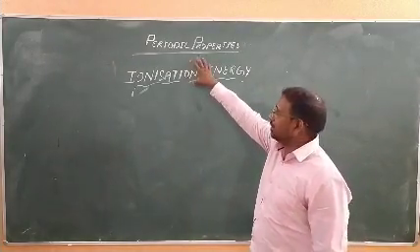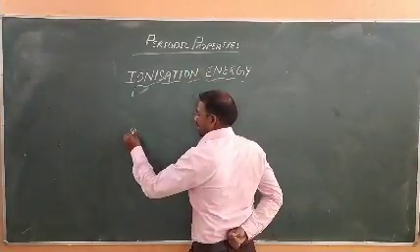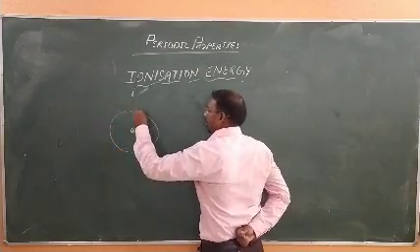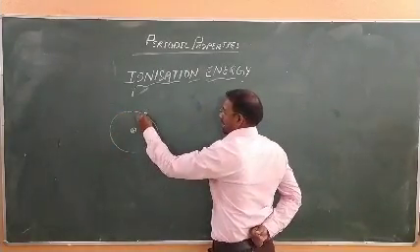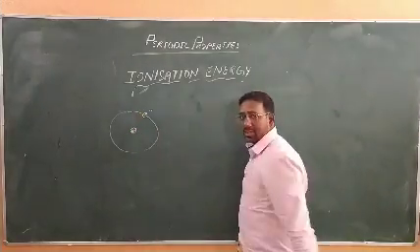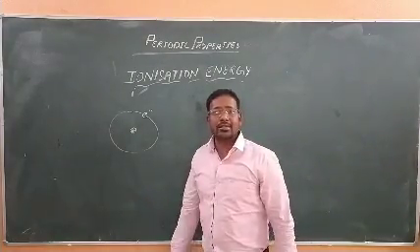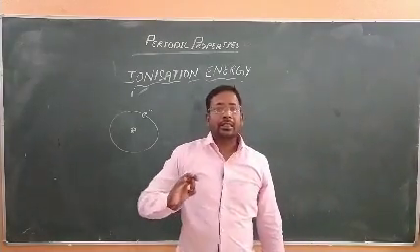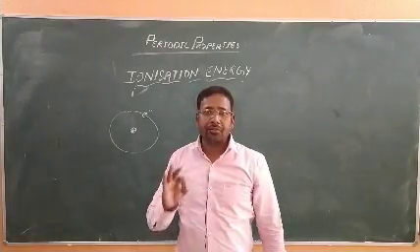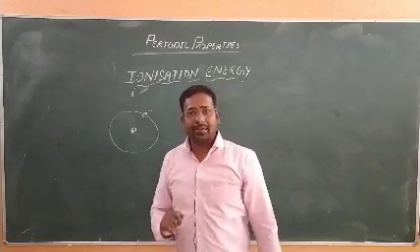Before starting this, I want you to understand: we know that an atom has a nucleus that is positively charged, and electrons revolve around the nucleus and have negative charge. And we know that there is some attraction between two opposite charges. Whenever attraction is there between two opposite charges, that is called electrostatic force of attraction.